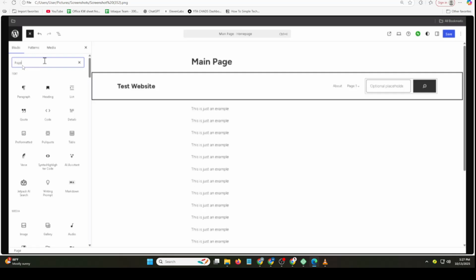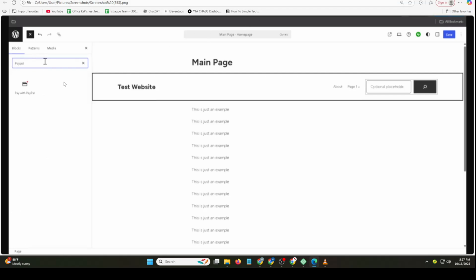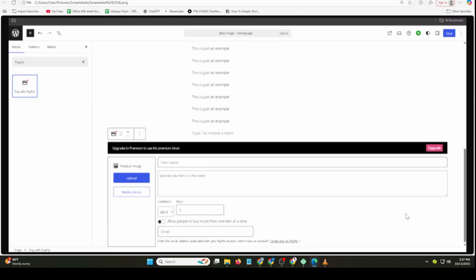Add the PayPal block. Now, here's the main part. Inside the editor, look at the top left corner and click on the plus icon to open the block library. In the search bar, type PayPal. You should see a block option labeled PayPal Smart Payment Buttons. Click on it. This block lets you embed fully functional PayPal buttons that automatically adapt to your customer's location and